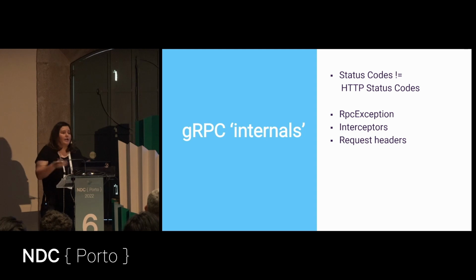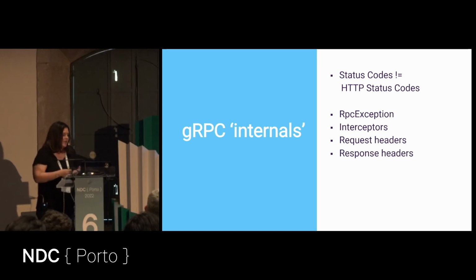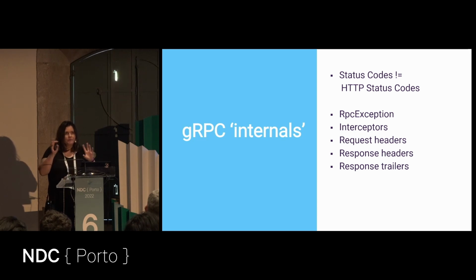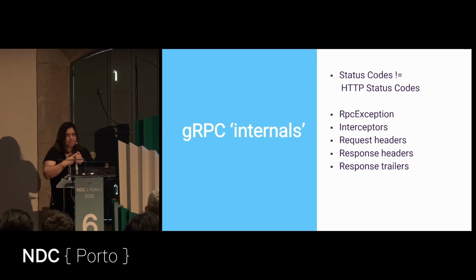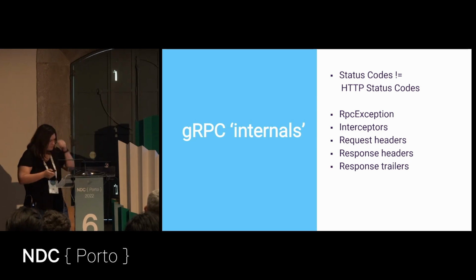Request headers are simply headers from classical HTTP. Response headers are the same. You can add some extra bits in there as key-value pairs if you want to transport extra information. Something kind of new is response trailers. So you have two kinds of things that you can add on the response. A response trailer is something sent by the server at the end of the response. It's like an additional set of headers, because of the way HTTP2 is made.